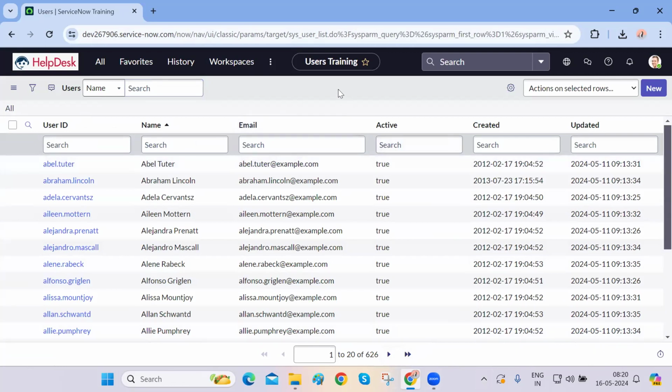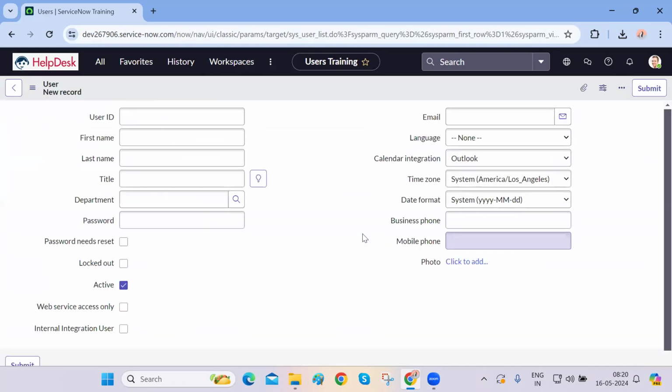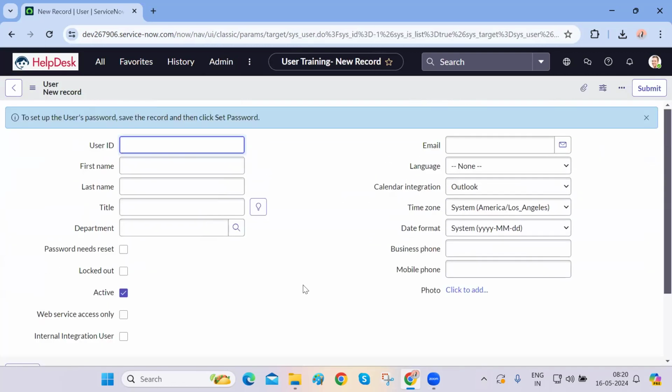To create a user, you can simply click on New, and it will give you a form that you have to fill. Give them the user ID, and